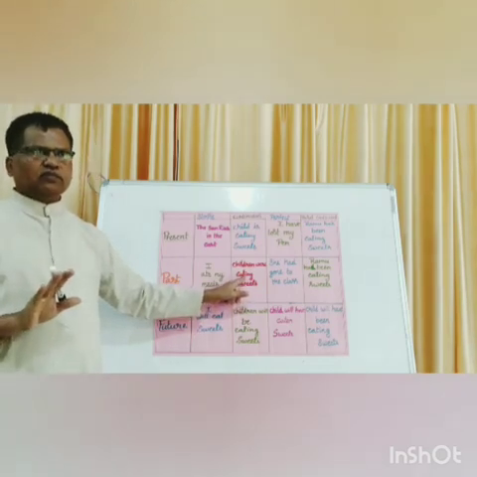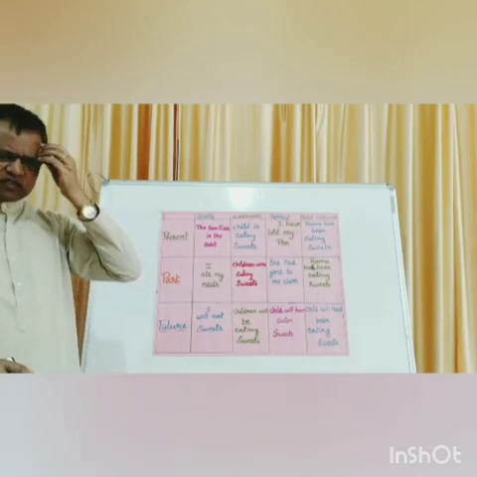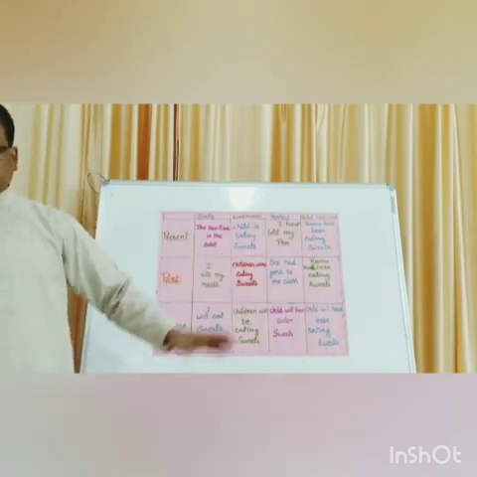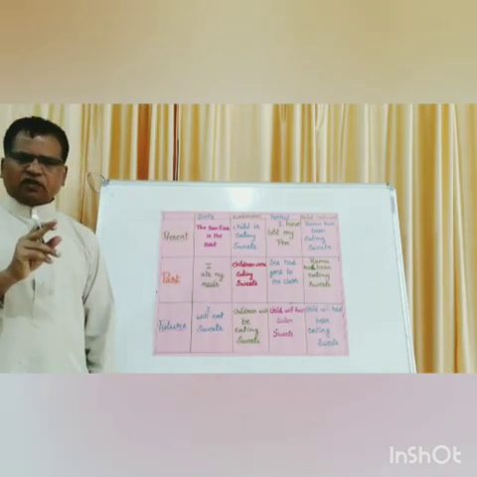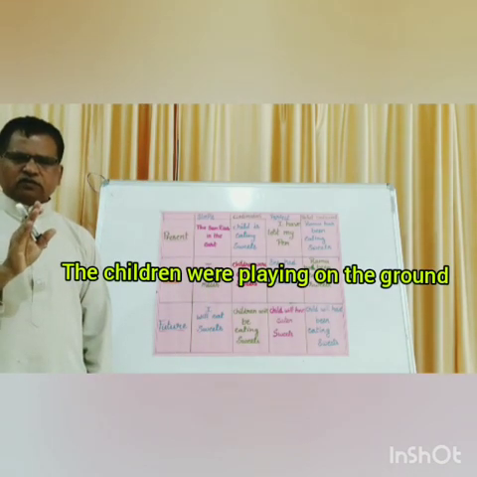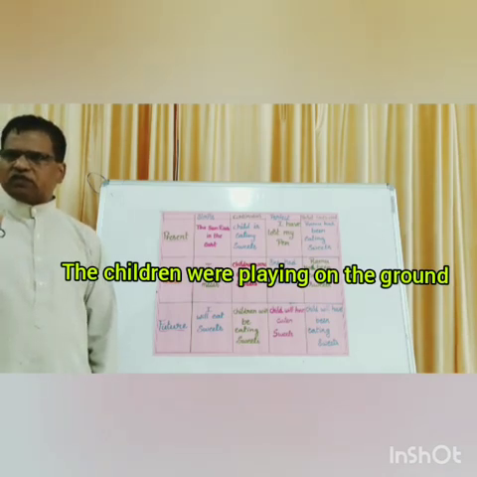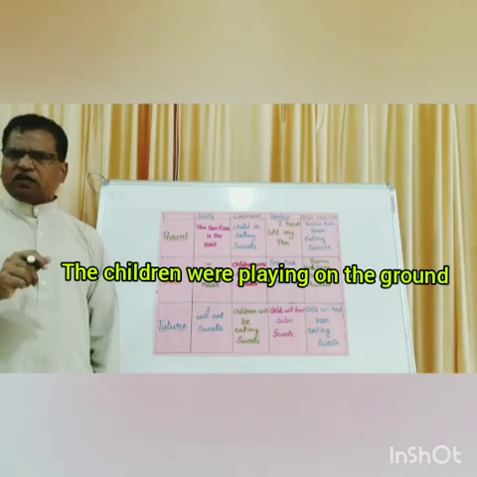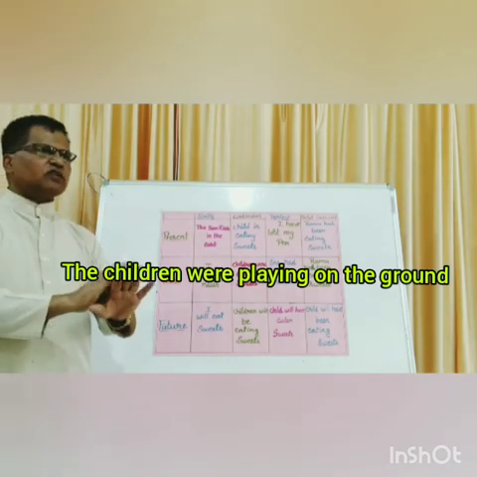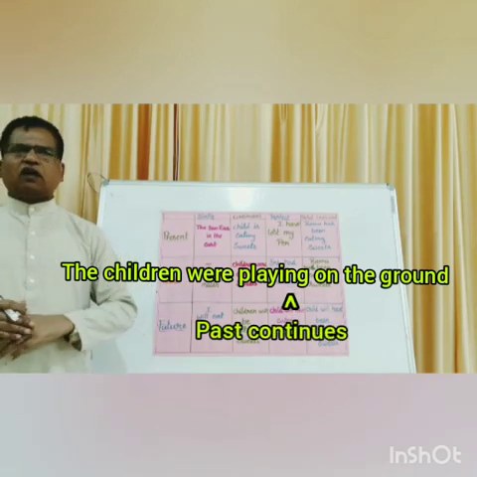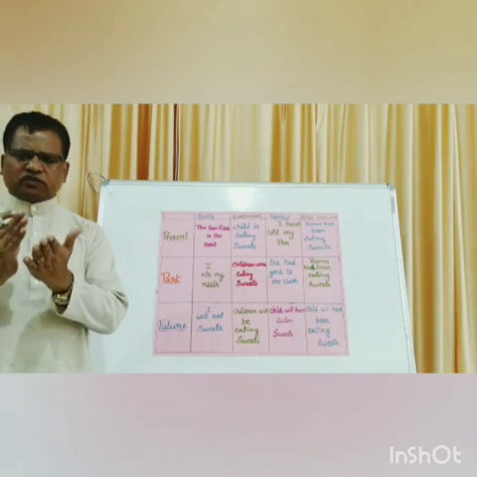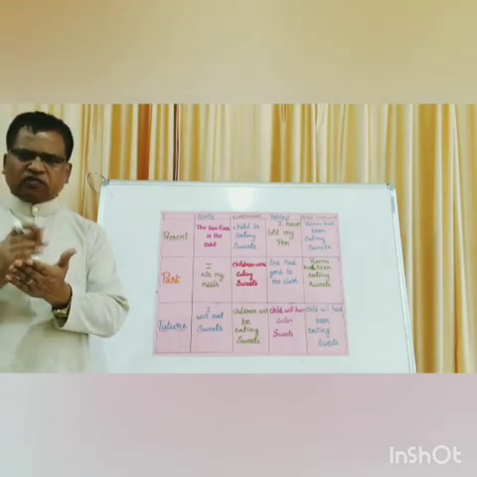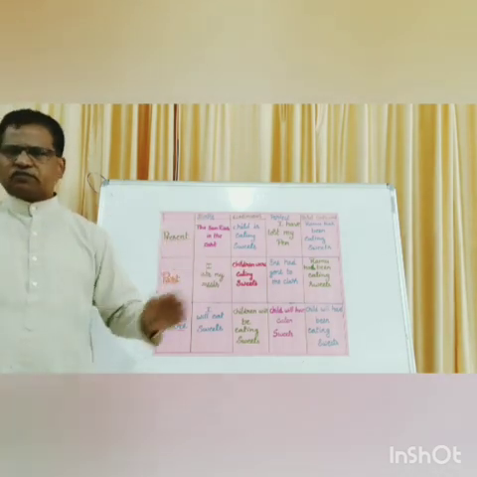That's all. So whenever you hear a sentence, however long it is, you don't care about anything else. You just look at the verb there. The children were playing on the ground. If you see the sentence, immediately you know were is there. Were means it's a past tense, and an ing form main verb is there. You know therefore it is past continuous. Other words you don't care about, because tense is always fixed by looking at the verb, not any other words.